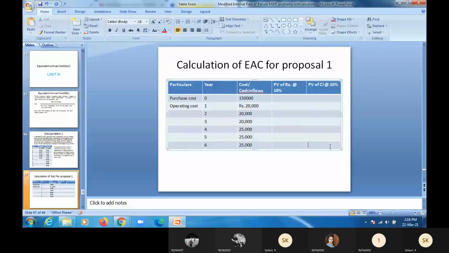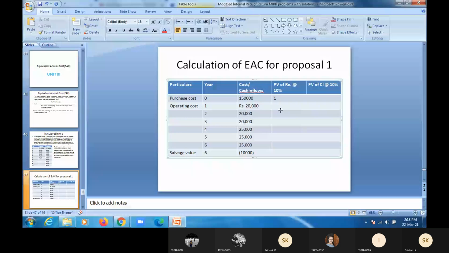And salvage value is also given. This should be shown here at the end of the life period, no? End of the last year of the life of this proposal. 1 is 6th year. So you take it as year 6 for this. And what is the value? Salvage value is 10,000. Okay. Keep this salvage value in brackets. Now find out the rupee value. For 0 year, always the rupee value will be 1. So apply 1 by 1 plus r whole power n formula. And then find out the rupee value.